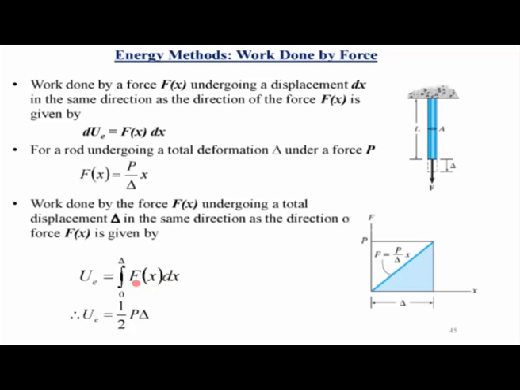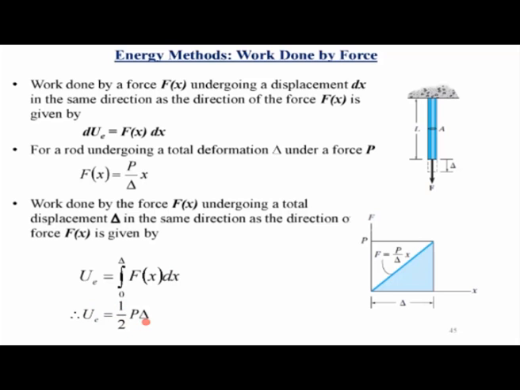Now here Fx can be replaced by this expression, which is P over delta times x. Here P and delta are constant. P is the final load and delta is the final deformation. So if you put that here, and do the integration from 0 to delta with respect to x, then you will see that the external work done is given by